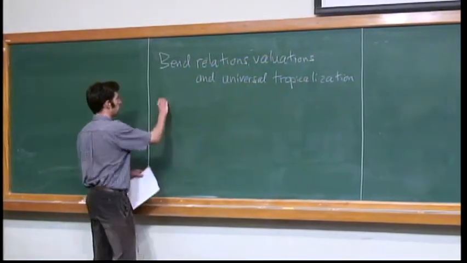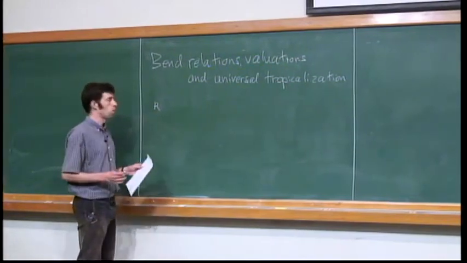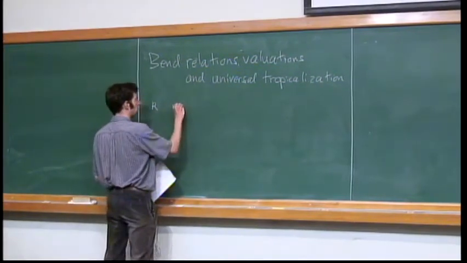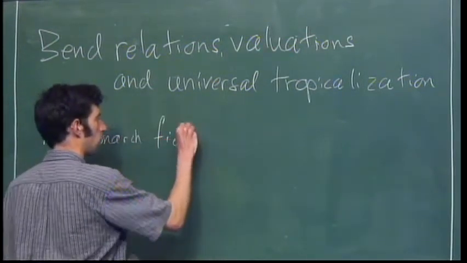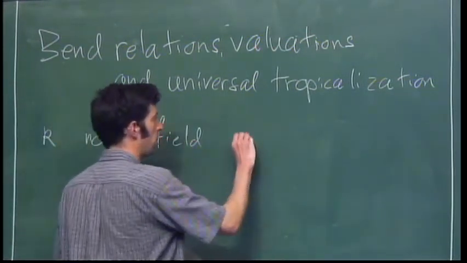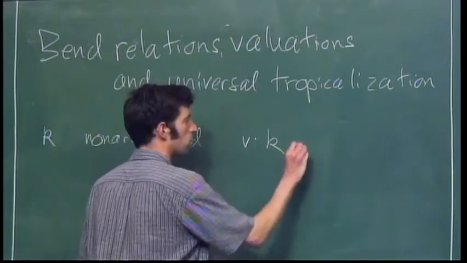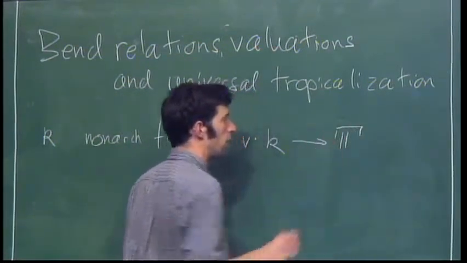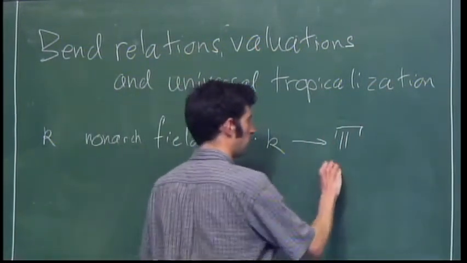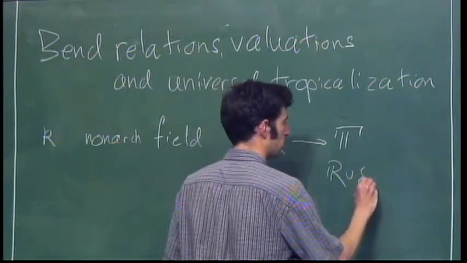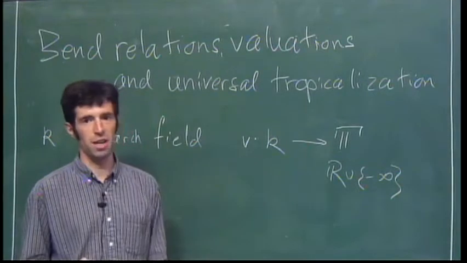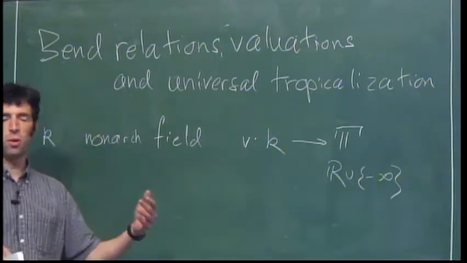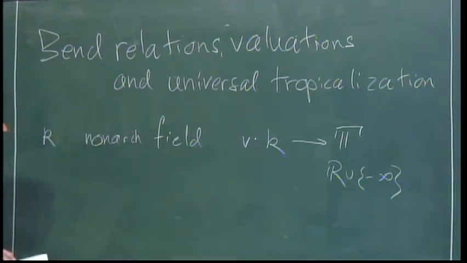So to start with, I'm going to be working over K, a non-Archimedean field, which means it comes with a valuation, which goes from K to the tropical numbers. I'm an optimist, so I'll use the max plus convention. This is the reals with a negative infinity. But I'm going to get to some point where that convention becomes invisible, and you don't have to worry about